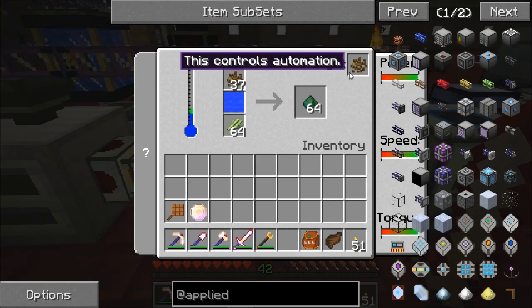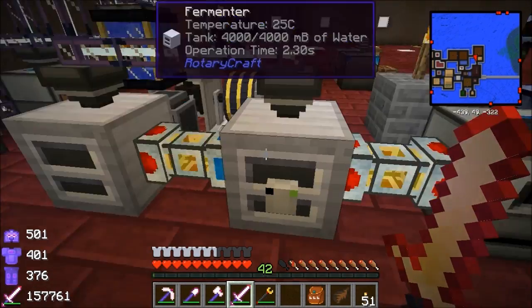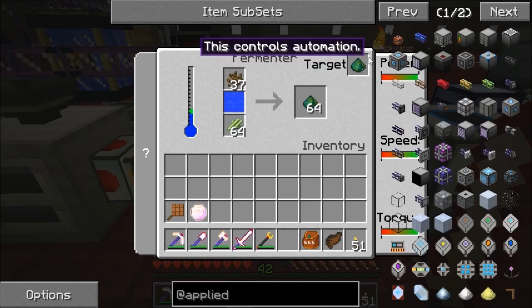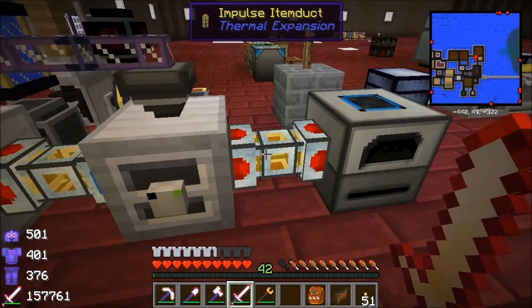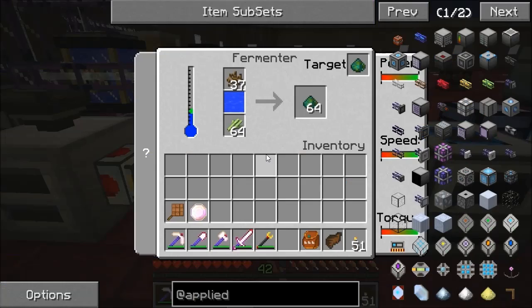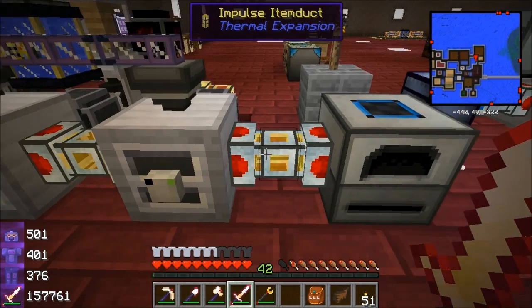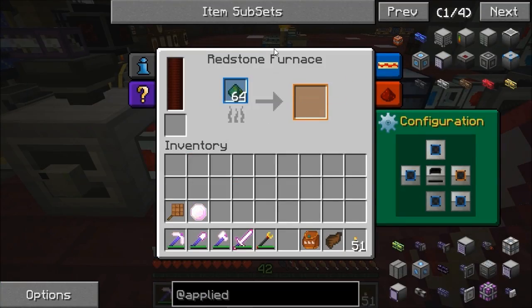So let's look at it. If I turn that off, the target's yeast. If I turn that on, it also empowers them. That's interesting. I wonder why I didn't need a... what do you call it in them? Servo. So that makes a target the sludge, and then I'm going to put the sludge into a redstone furnace,